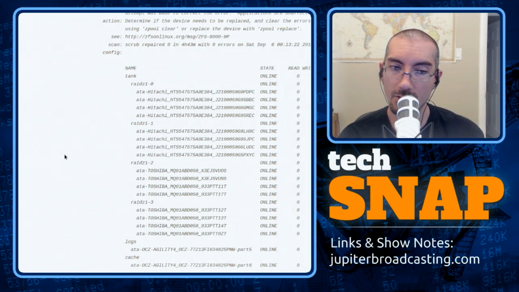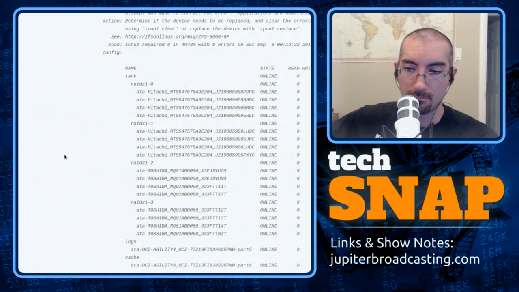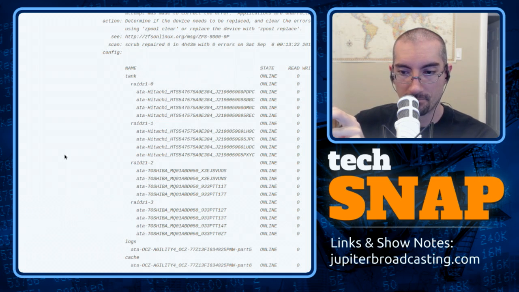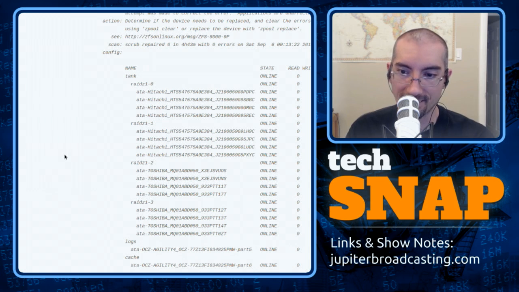Whereas if you have just that one extra SATA port somehow, which he does, then he could do zpool replace old disk, new disk. What that'll do is actually temporarily add the new disk as a mirror of the old disk and sync them. So the original one's still online, so all your disks are still connected and working, but you're copying all the data off one onto the other, and then once it's finished, it'll put the new drive as part of the array, and the old one will be offline. So then you can pull it out, and then use that port to do that with the next disk.